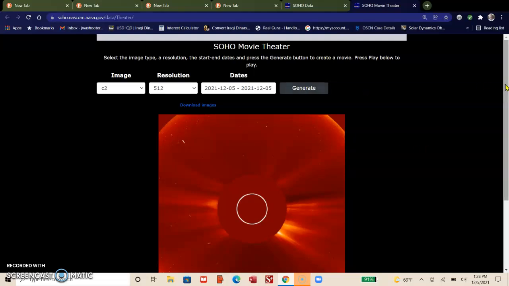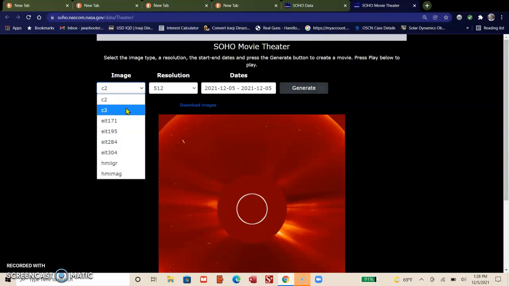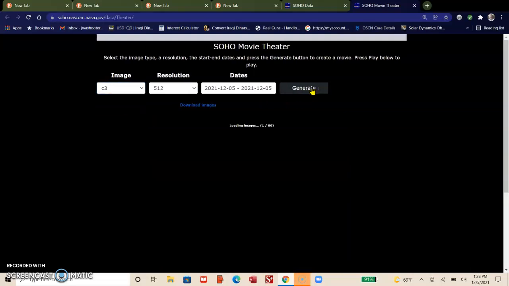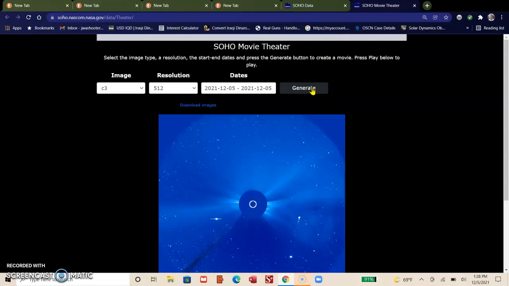And there you go. If you want to change this to LASCO C3, change it to LASCO C3. Hit generate. And there you go. Ooh, how you doing, little buddy? Kind of nice how it starts off with that guy, right? So now